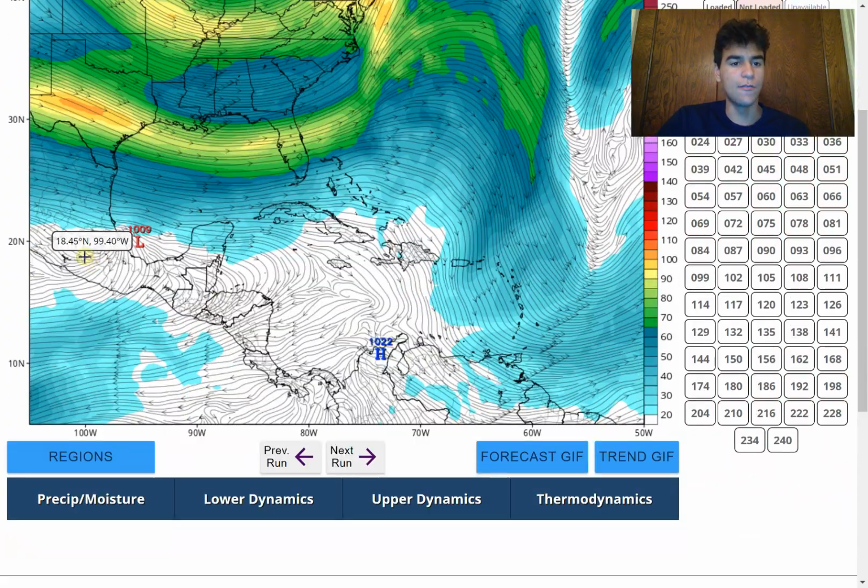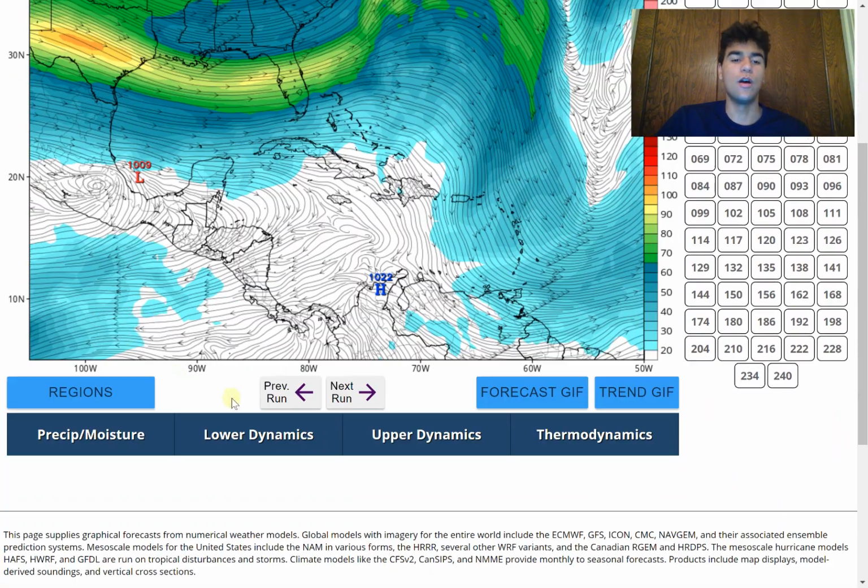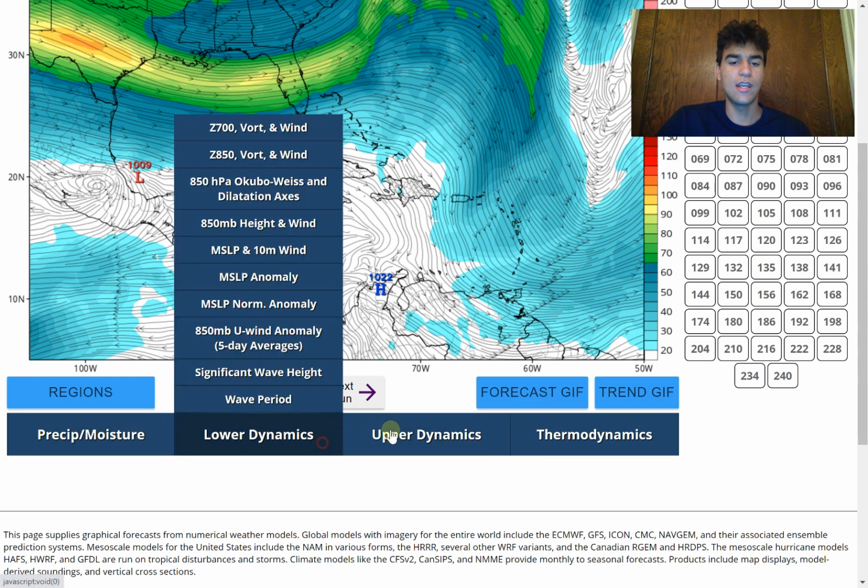And of course it's going to be helped by the fact that there's going to be an upper level high located just to the east of it, and you see the wind shear is weak, just weak enough to where we could see this redevelop into a tropical storm. That's certainly not out of the realm of possibilities. And if we were to take a look at